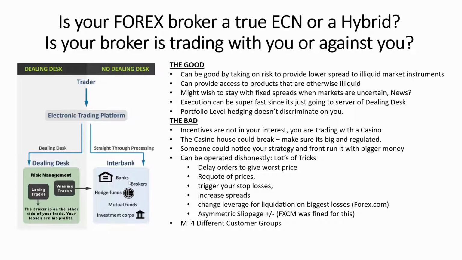So one of the ways to avoid this is to trade with a pure DMA ECN broker. That's the only way that I can think of, and what that means is trading with a broker that is basically the second type, as I said, direct market access, connecting straight to an exchange. That way you're prevented from all of these cheeky partnerships with other liquidity providers, because when you're connected straight to an exchange, for example LMAX, you're just getting a single price as a result of all the participants in that exchange,